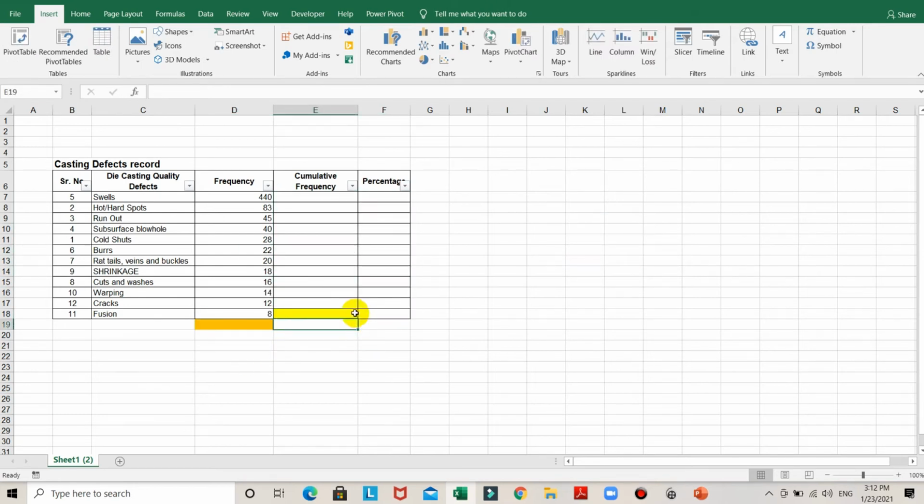Okay, so again I will just remove this one as well. Now you can see also we'll just remove this sort we had applied earlier.